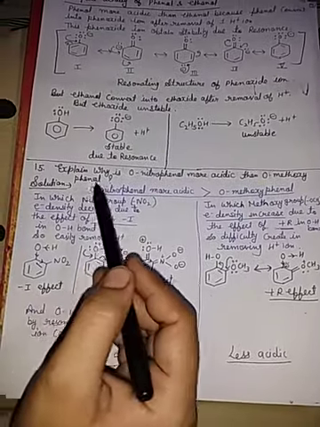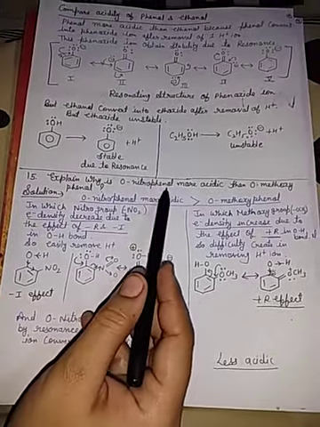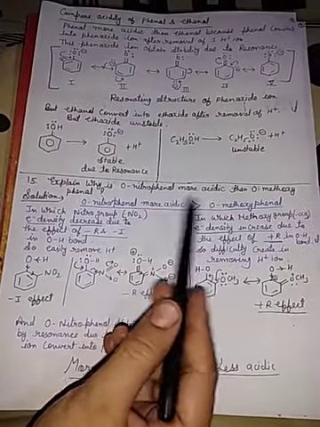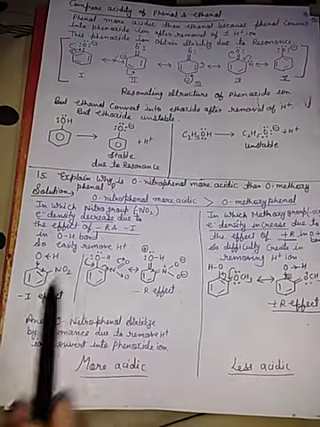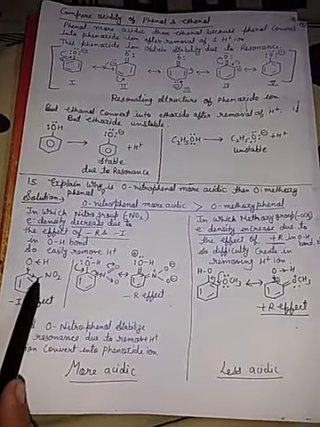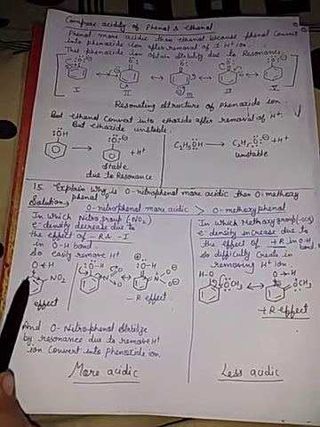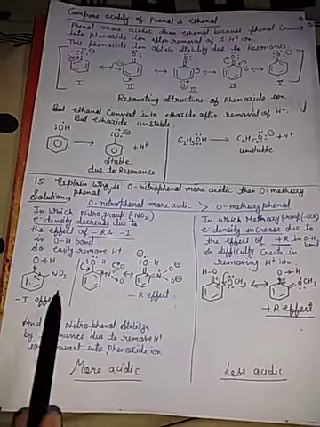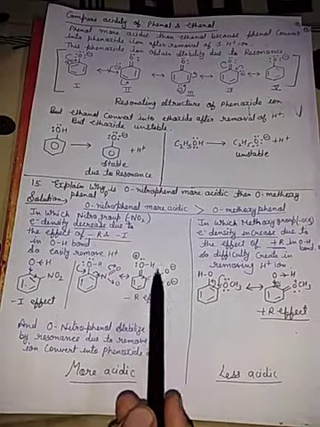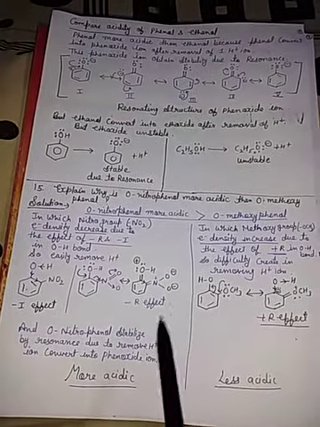Next question is, explain why ortho-nitrophenol is more acidic than ortho-methoxyphenol. See, in ortho-nitrophenol, a nitro group is at the ortho position, and OH is attached to the benzene ring, which is phenol. More acidic means it easily removes the H+ ion. See,